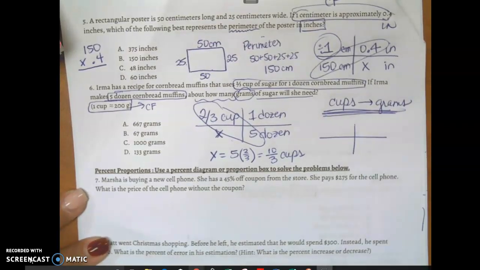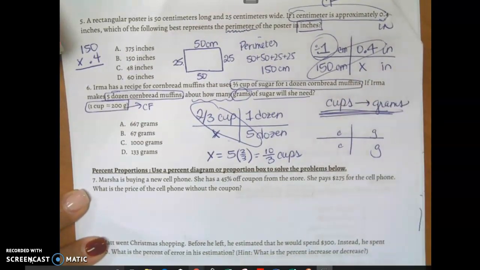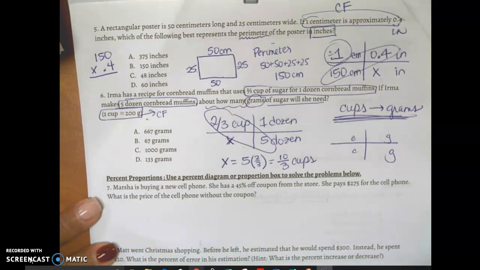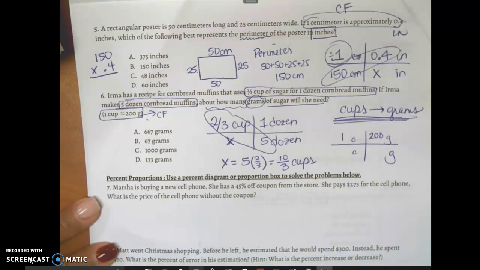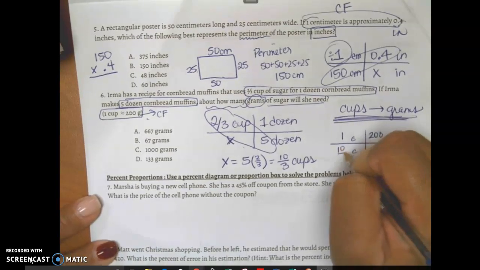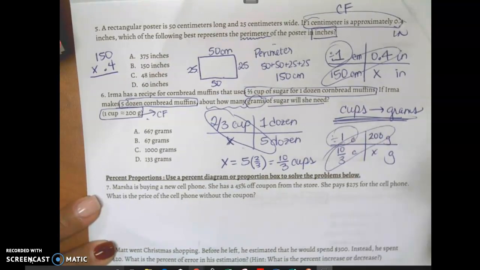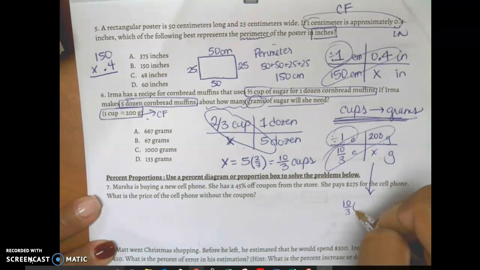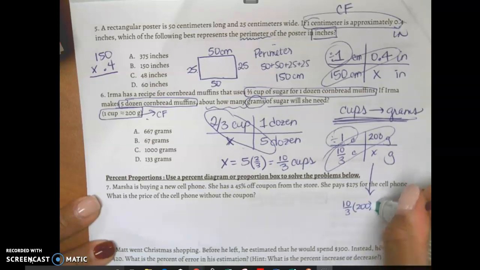What goes in it? Cups and grams. What is my conversion factor? 200 grams and 1 cup. What do they want me to convert? 10/3 cups and X grams. Cross multiply. I don't need to divide, but I need to get in the habit of writing that out. So show your work a little bit down here. 10/3 times 200. Whoops, I added too many zeros because I was multiplying. Equals